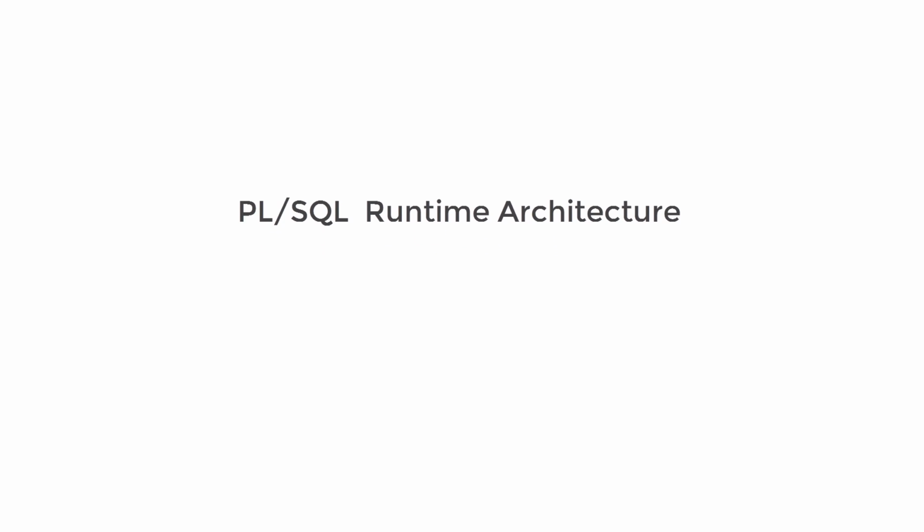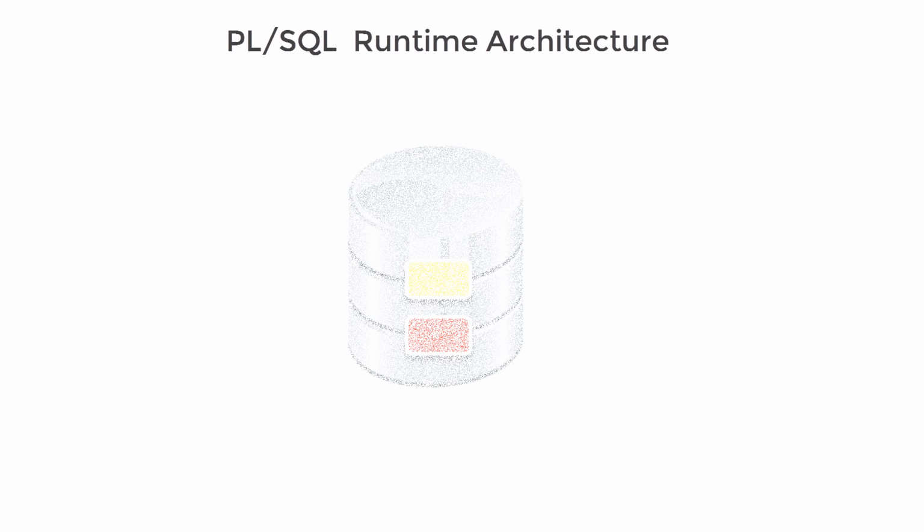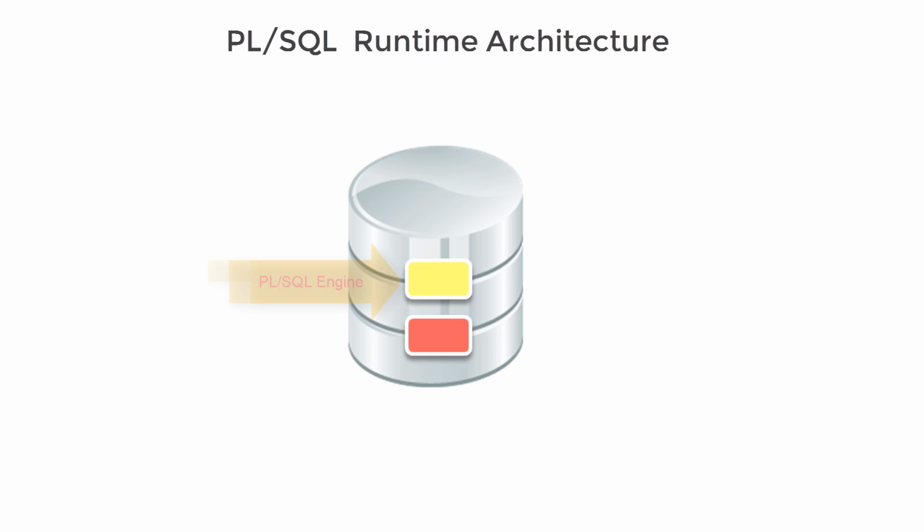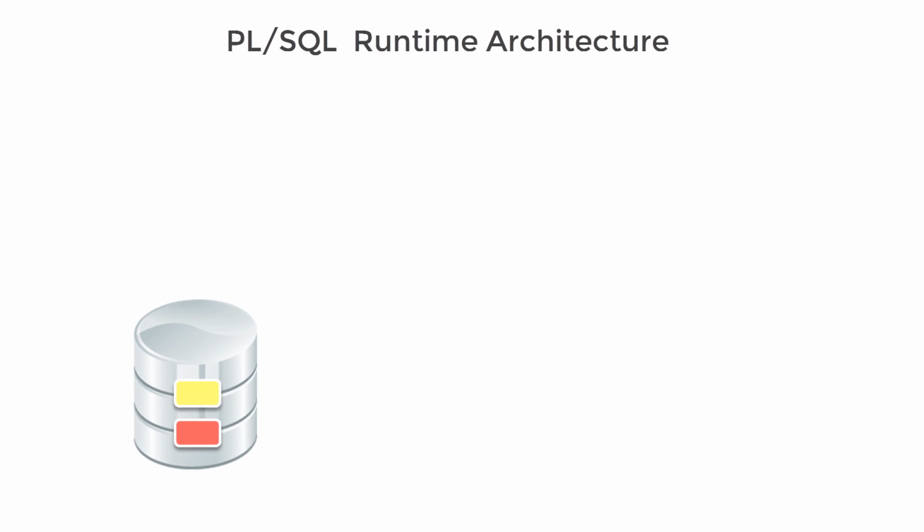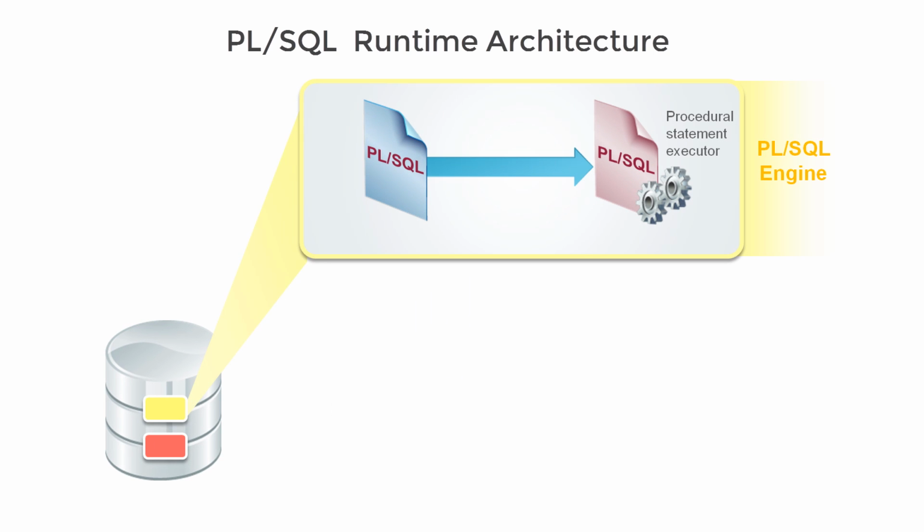Now that you know what a PL/SQL engine is, it's time for us to see how a PL/SQL block gets executed with the help of a detailed diagram. Let us consider a case where the PL/SQL engine resides in the Oracle database itself. The PL/SQL engine is a virtual machine that resides in memory and processes the PL/SQL M-code instructions.